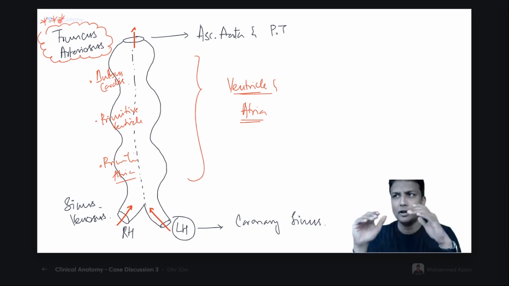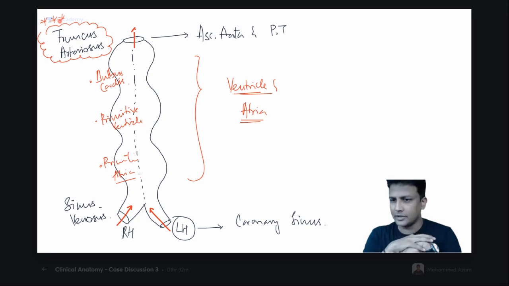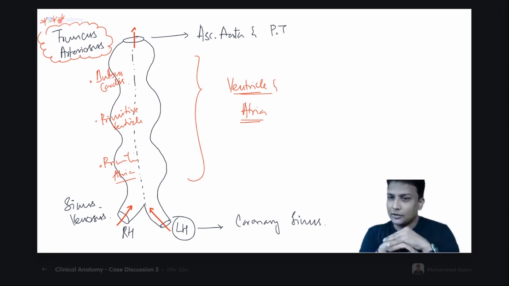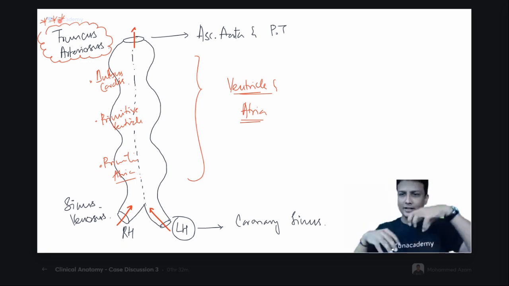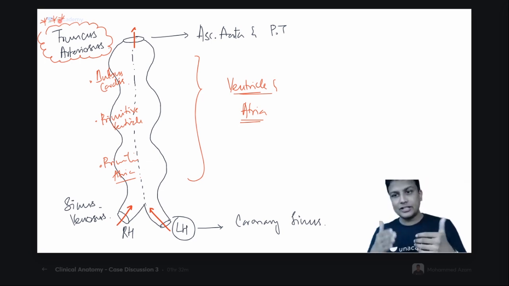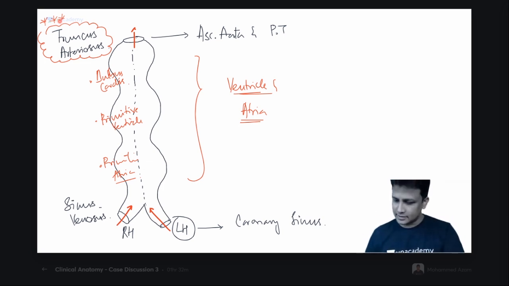What is the problem and how to sort it out? Listen to the concept here right now. Now, my dear doctors, I told you one point in the very beginning of the topic. I told you that the cranial end will be fused. The cranial end is fused, truncus arteriosus. But later on, when I was teaching you the topic, I told you that truncus arteriosus is going to form 2 blood vessels. One will be your aorta, ascending aorta. Another one will be the pulmonary trunk.